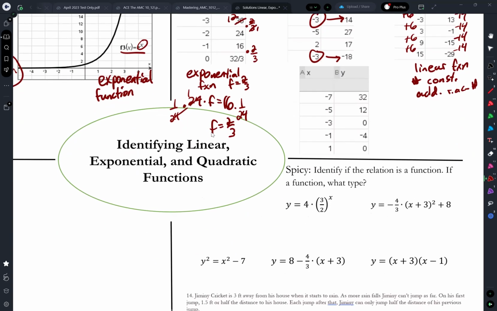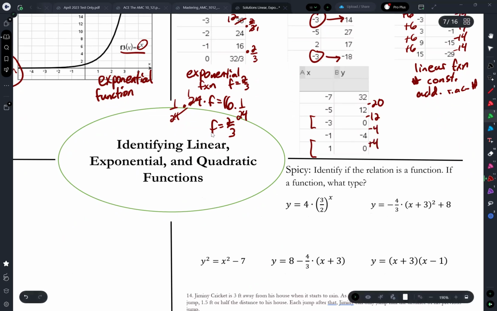Moving on to the second one. Each input's mapping to one and only one output. I start trying to think about the type of function. My guess is it's got two roots right there, right? The output is 0, probably a quadratic. Let's see what this rate of change is looking like. So definitely not constant there, but